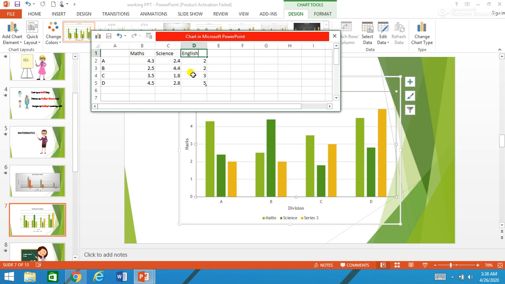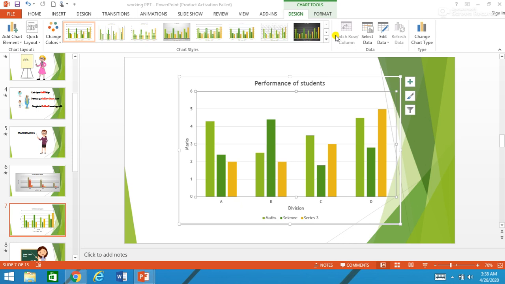Whatever changes I am making in this Excel sheet, automatically those changes are reflected on the chart area. Even I can change the data, as I said initially also. So just close this Excel sheet and you can see the changes that you have made are all being reflected in the chart.